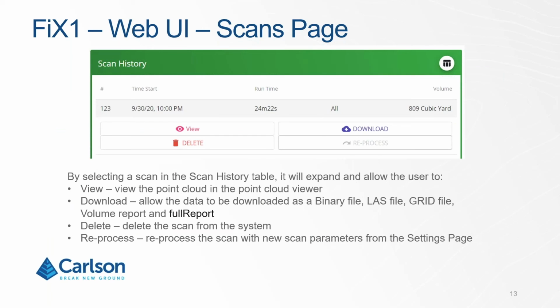When you select on the scan history, you select one scan. This allows you to go a little bit deeper into the scan. It allows you to view the point cloud in a point cloud viewer. There's an onboard point cloud viewer that allows you to look at the scan in its point cloud form if